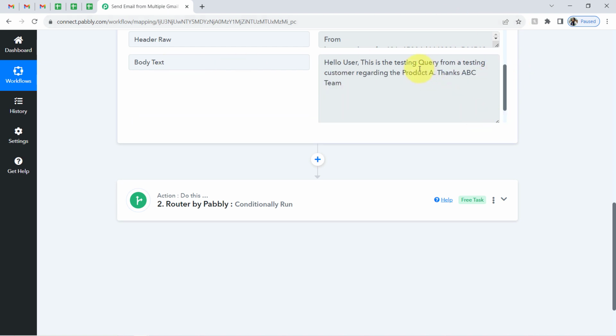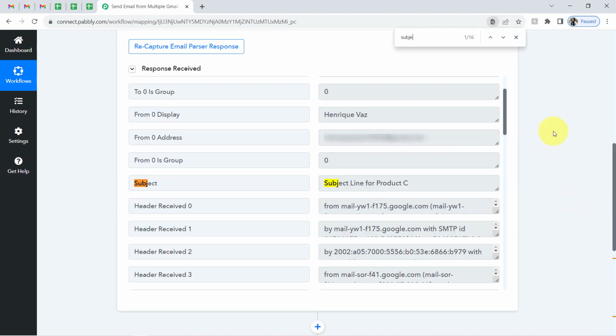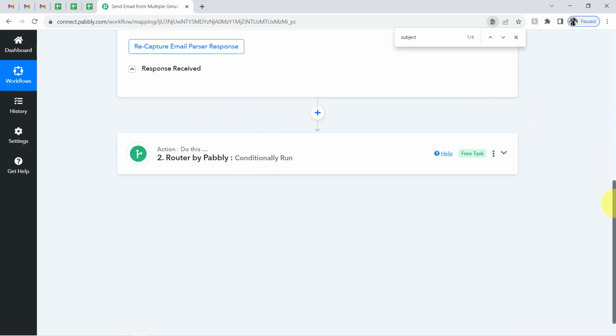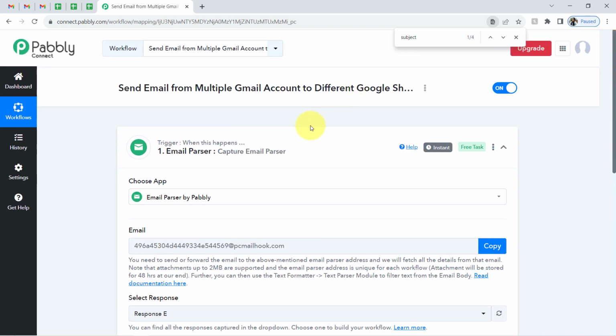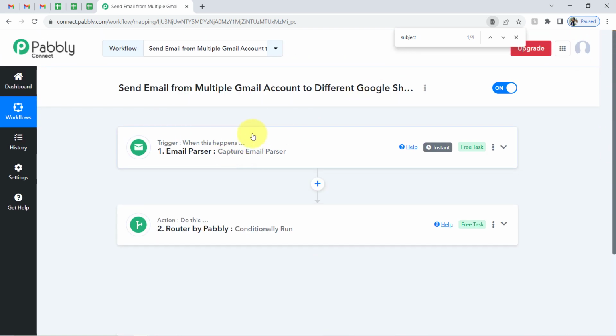Let me also show you the subject line, because this email consists of this product A. Okay, so how about I directly show you the subject line? Alright, so this is the subject line, this product C. Okay, so again the presence of this data clearly shows that our third Gmail account is also connected with the